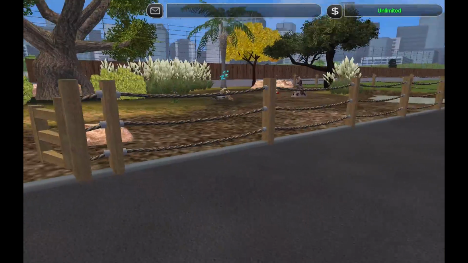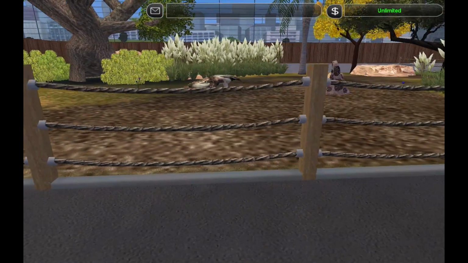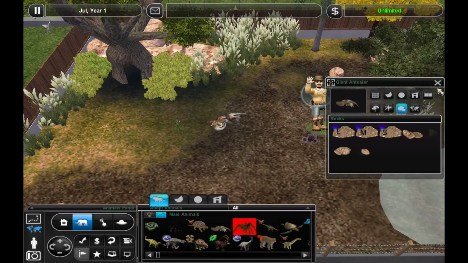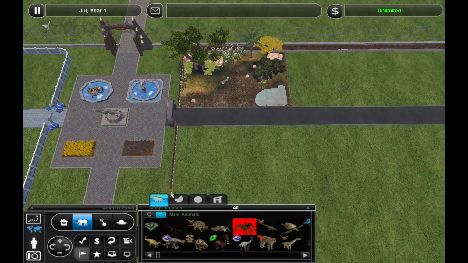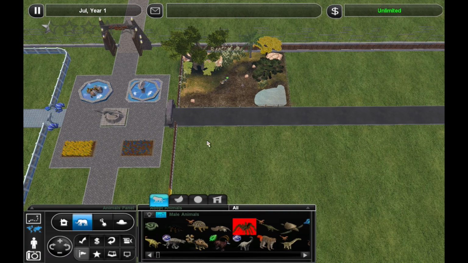So that is our giant anteater exhibit. And we have only been recording for 12 minutes, so I'll probably build something else as well. Because there's no sense in doing anything else. What else can we build? What else can we put in here? Let's see. I planned the anteater. I didn't plan anybody else. So let's see. Maybe we should do...